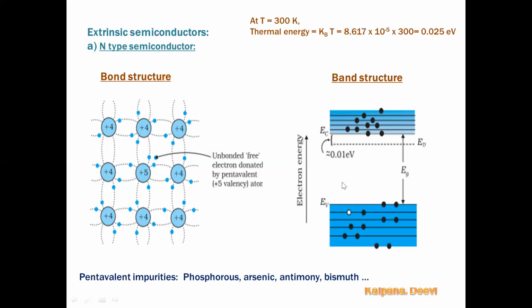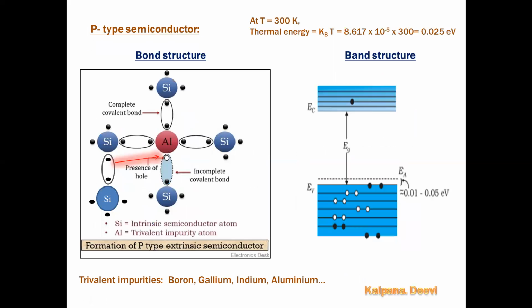And now we go with p-type semiconductor. Here, p-type semiconductors are impure semiconductors, as we know. To get this p-type semiconductor, we have to add trivalent impurities to a pure semiconductor. Here, we are taking silicon material and replacing the silicon atom with aluminum. Aluminum is a trivalent impurity. Some examples of trivalent elements are boron, gallium, indium, and aluminum. In this example, we are taking aluminum atom as impurity, so we have replaced this silicon atom with an aluminum atom.